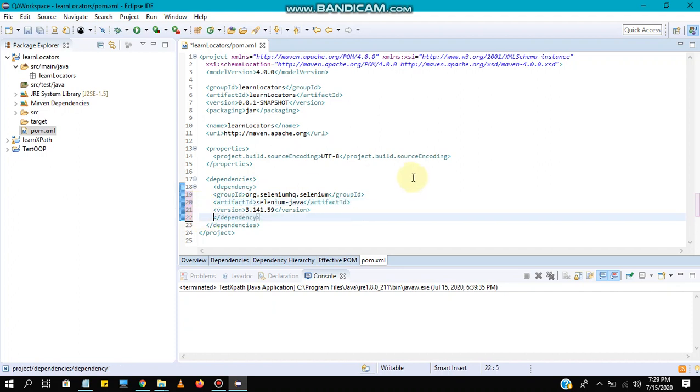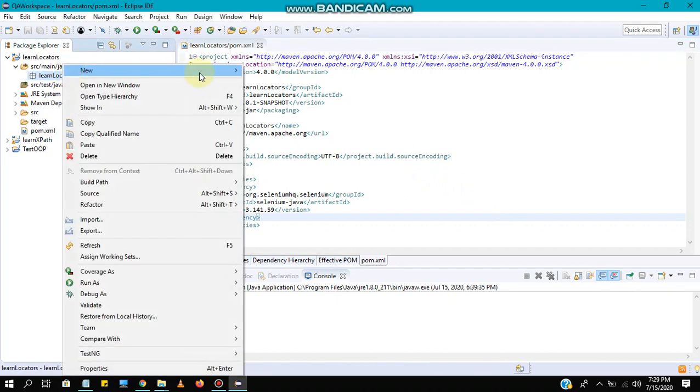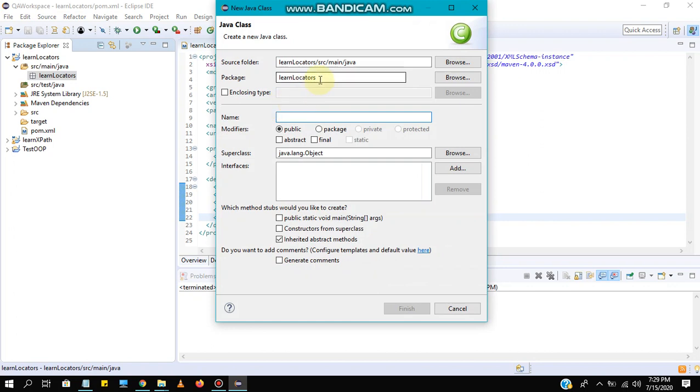Once done, you can save it and you can see the relevant Selenium files will be downloaded automatically. Now we need to create a simple Java class. I am going to name it test locators.